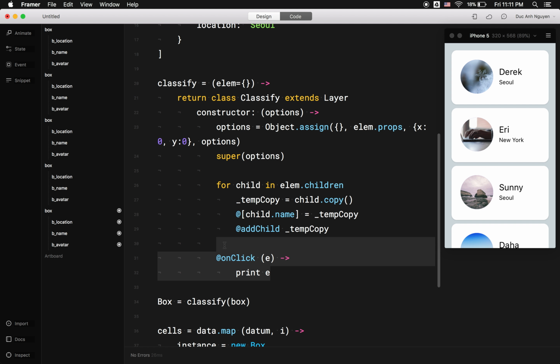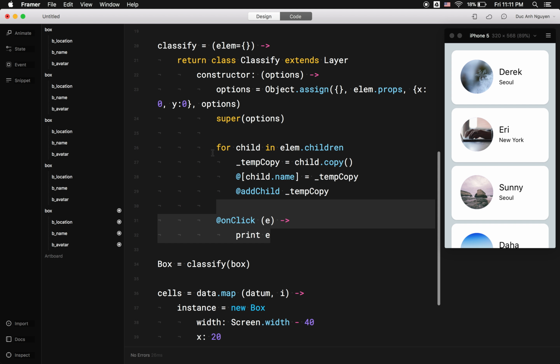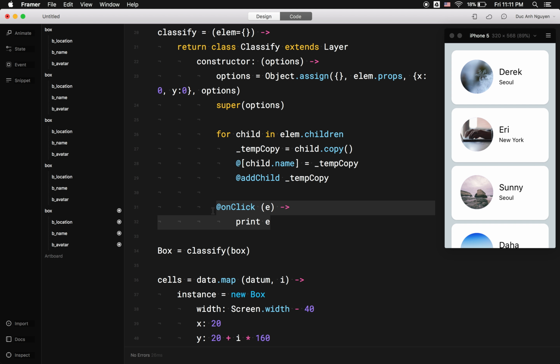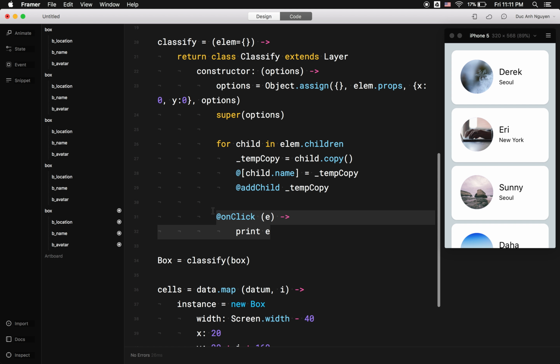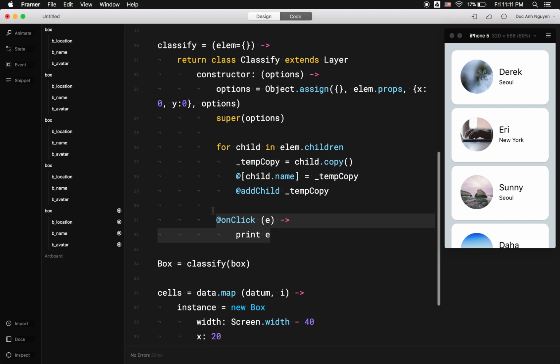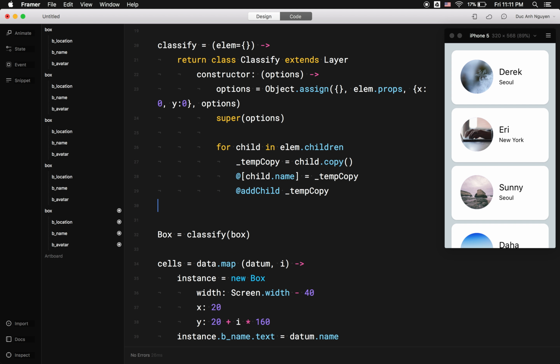But wait, we are writing a function that creates a class for all kinds of symbols, right? So that means if I define this stuff here, then every single instance of any class is going to have it. That's not good, right? Yeah, that is not good. So how would we go about doing that? Well, one way we can do it, I think,